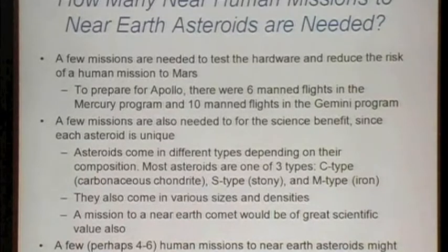A mission to a near-Earth comet would also be of great scientific value, and if you remember, we have discovered 84 near-Earth comets. So I would think maybe a few missions, maybe 4 to 6 missions to near-Earth asteroids might be about the right number. And if you combine that with the other missions and the flexible path strategy, such as the missions to the Lagrange points and the flyby of Mars and orbiting Mars, that would make about 10 missions, which would